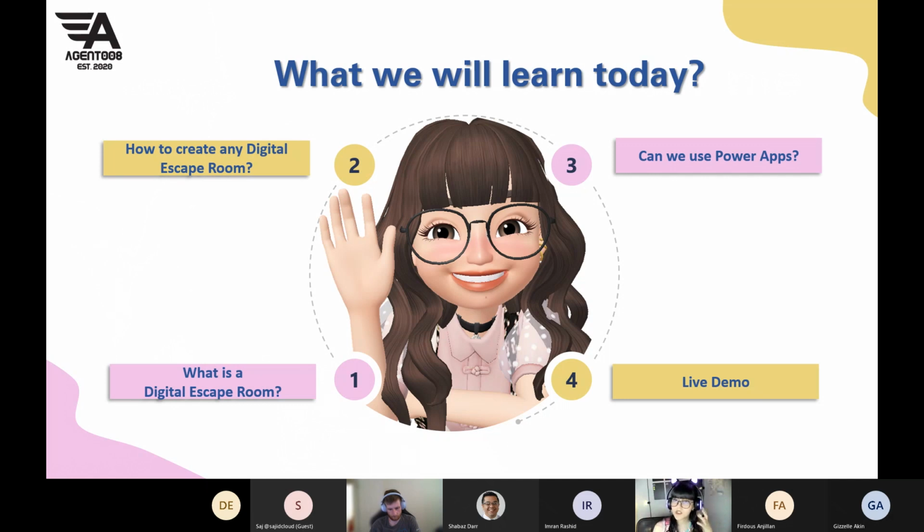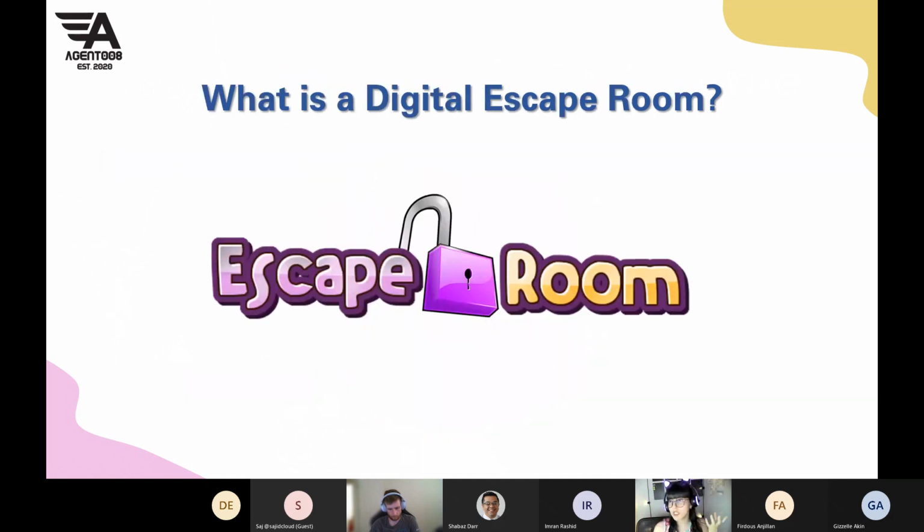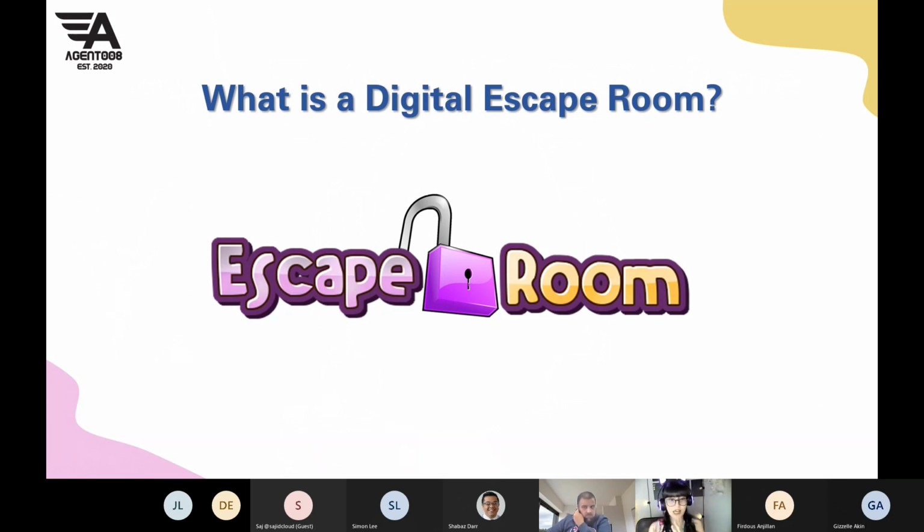Okay. So let's start by understanding what a digital escape room is. The concept of a digital escape room is similar to the actual escape room we have here in Saudi, and I'm sure elsewhere too. It's a game. It's like a room. They put you within the room and they give you a specific scenario. Like if you want to go out from this room, you have 60 minutes. Maybe it's about technology, maybe it's about crime. It's a lot of things. So, similar concept. We are doing this digitally by using an application.